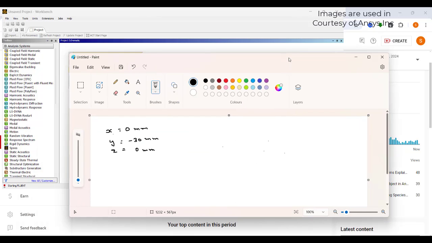Maybe we can take a velocity of 5 mm per second. If it moves at a velocity of 5 mm per second, it is like dx by dt. This is the rate of change of position of the spray in the x direction, that is 5 mm per second. Okay,